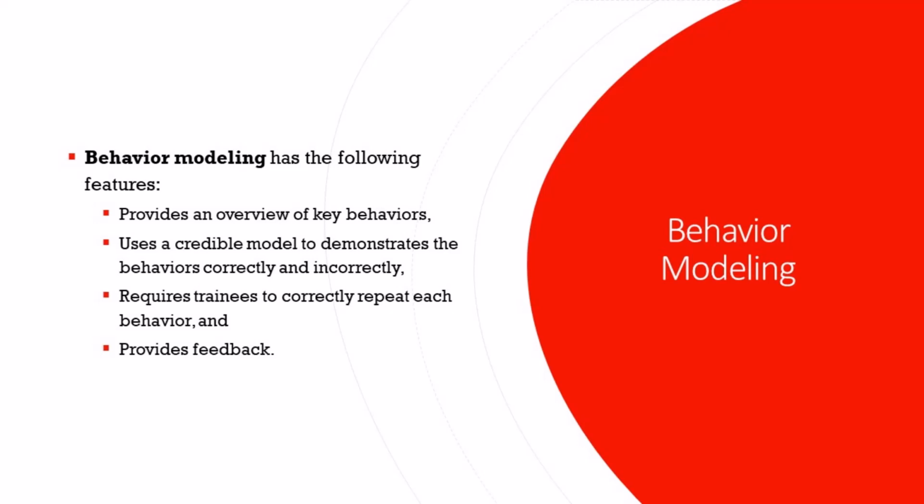The best behavior modeling programs also demonstrate the incorrect way to perform a behavior. Then trainees practice these key behaviors several times in a risk-free environment, usually in front of their peers, and the trainer and their peers then provide constructive feedback. Practice sessions can be filmed, and trainees can watch the film and provide additional feedback for improving how they perform